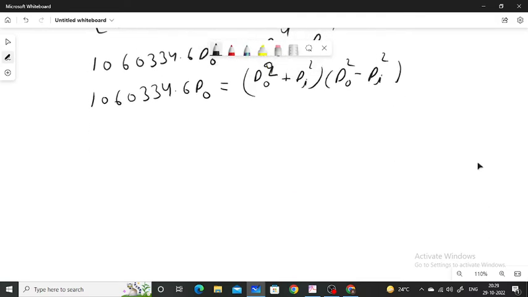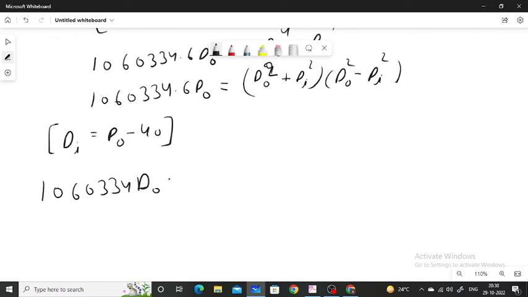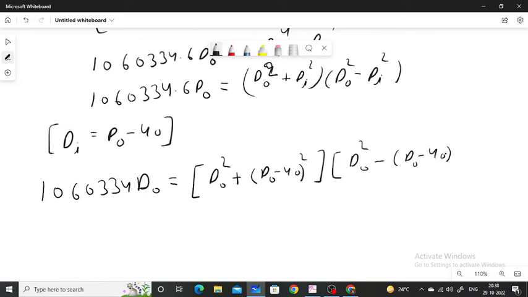We know that d_i is equal to d_outer minus 40. So from here, 1060334 into outer diameter is equal to d_outer square plus d_inner, that is d_outer minus 40 square, d_outer square minus (d_outer minus 40) square. Clear? Now solving this,